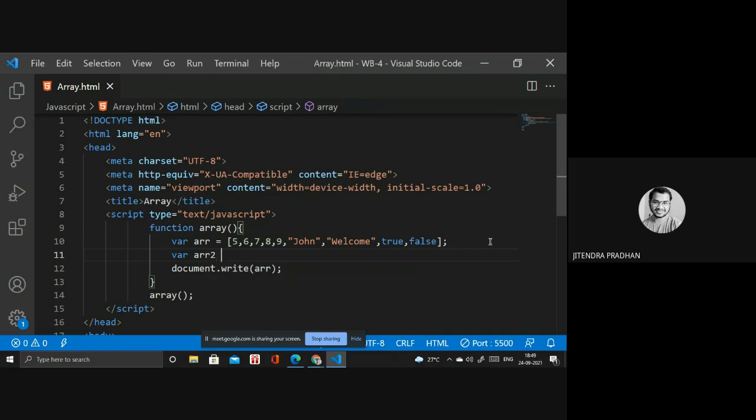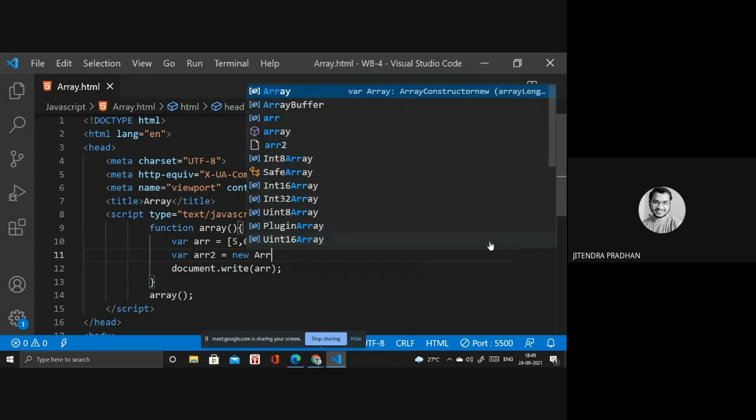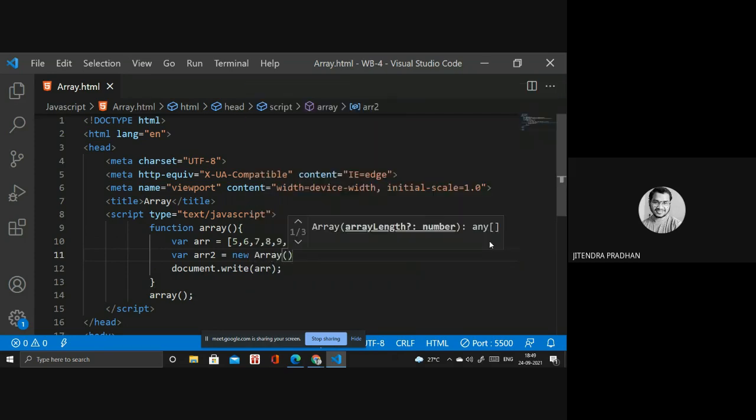Inside, you write new Array. What is new? New is a keyword we use for creating new memory. If you want to store in new memory, that is when we use new. So this is the constructor.